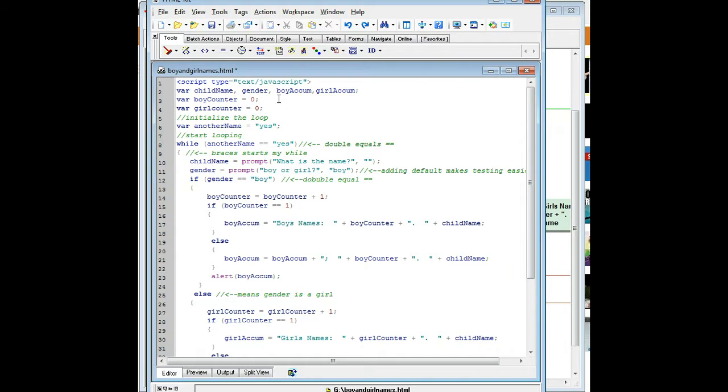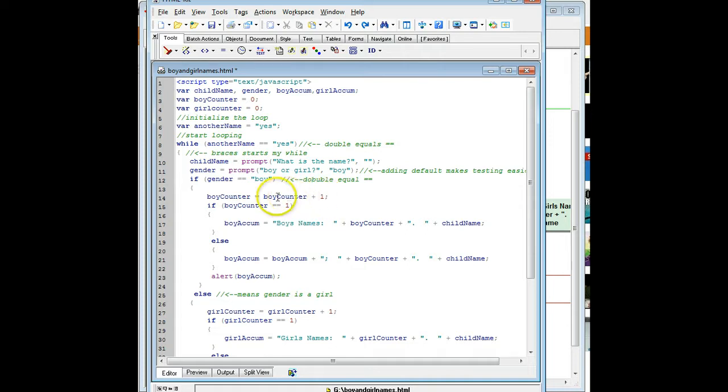One of the things that's going to be different is, of course, we have to declare our variables. And we do that. I need a child name, I need a gender, I need a boy and a girl accum, that's fine. The boy and girl counter, though, are a little bit different, and that is because if I don't put a 0 in it, like you see here, I'm assigning 0 to boy counter and 0 to girl counter. When I come down here to add boy counter plus 1, in Visual Logic, it automatically has a 0,